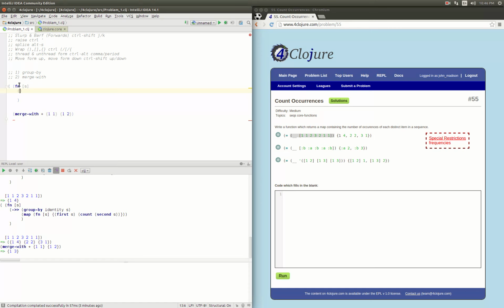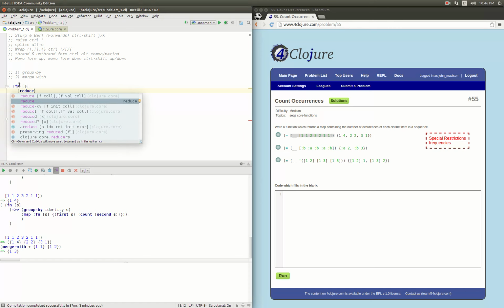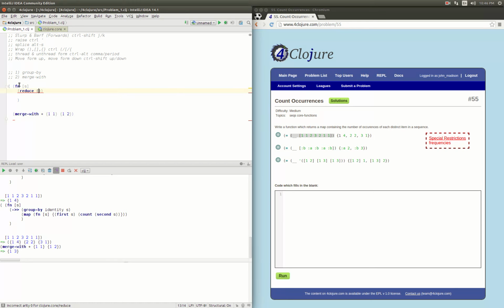So it looked like you would reduce with a function, and the reduce function takes the map 1 and map 2, and then it would merge map 1, merge with plus map 1, and then